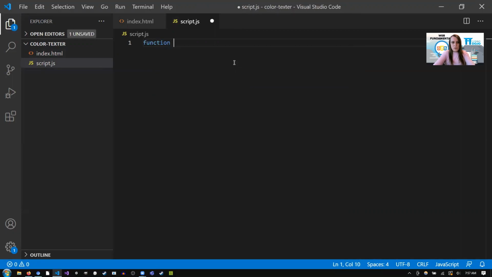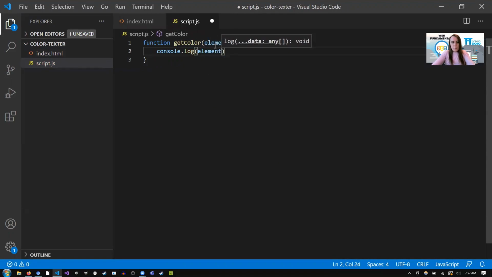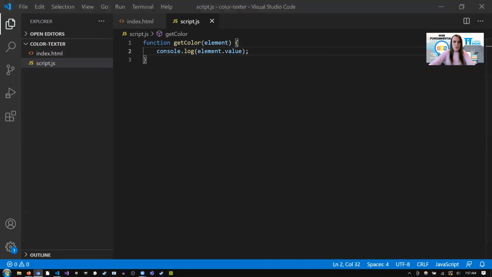We're going to make that function getColor. That needs to take in an element. And what we're going to do with this element is console log element. And if you remember what we were doing with the previous inputs, this is going to be very similar: input.value or element.value. Yes, value. And that should tell us the current color we have selected. So